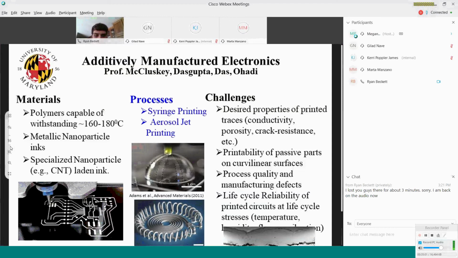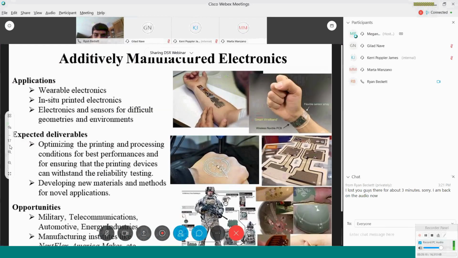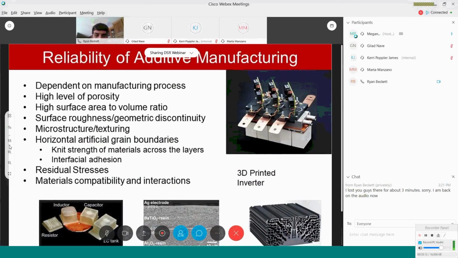about using metal nanoparticle inks to print traces on 3D parts, but also in the next one after that, you'll see that it's actually possible in the lower left-hand corner to create 3D printed components like inductors, resistors, and capacitors, to 3D print layers for, in this case in the middle, a barium titanate capacitor, and even 3D print metals to create thermal management systems such as the air-cooled heat sink there that are of complex airflow patterns that could not be made by standard manufacturing procedures.